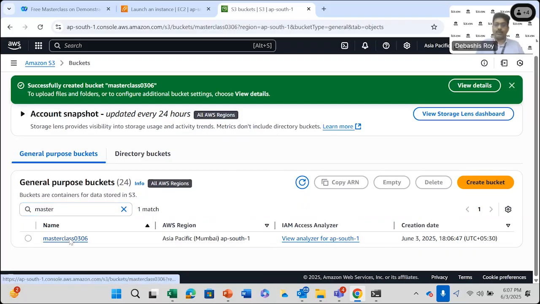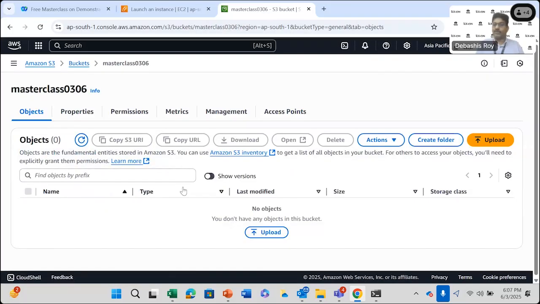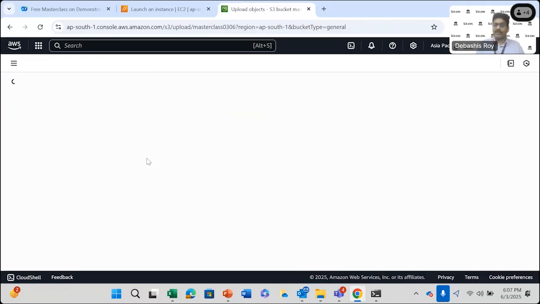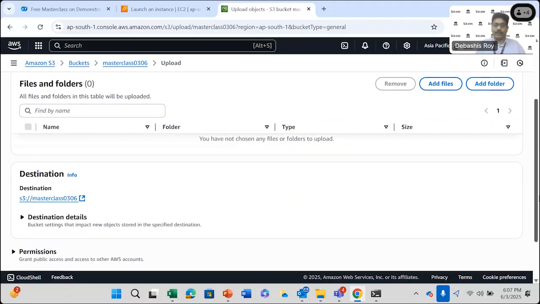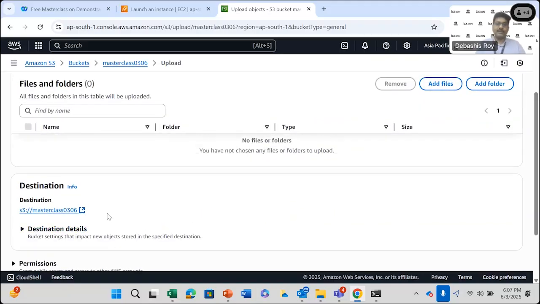Now, if I go into the bucket itself, at this point, there is no object, right? But I can use this upload to upload files into the bucket. I can get folders, file, whatever I want to. And this is the endpoint where you can use this bucket from outside any environment programmatically. You can add files